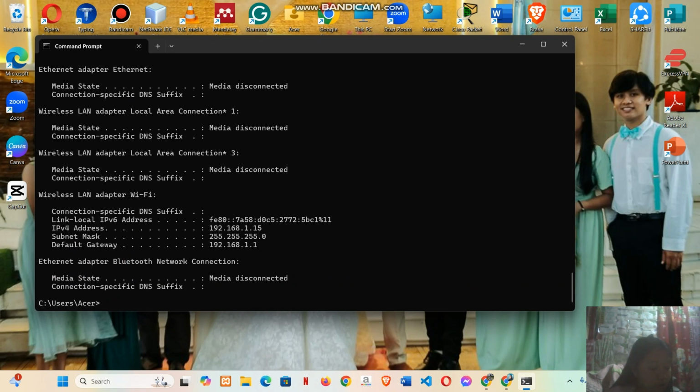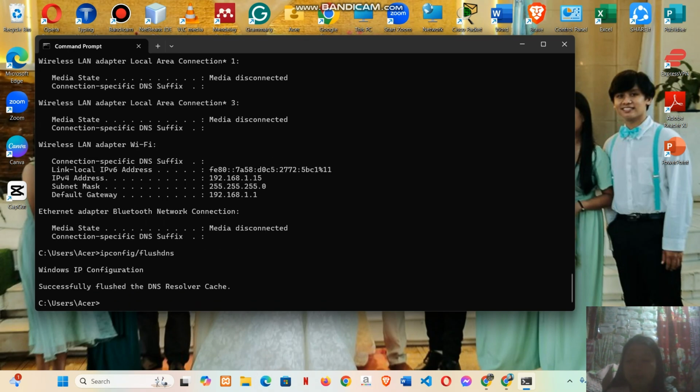And then flush the DNS cache to clear potentially corrupted DNS entries. To do this, just type ipconfig /flushdns, and then enter.